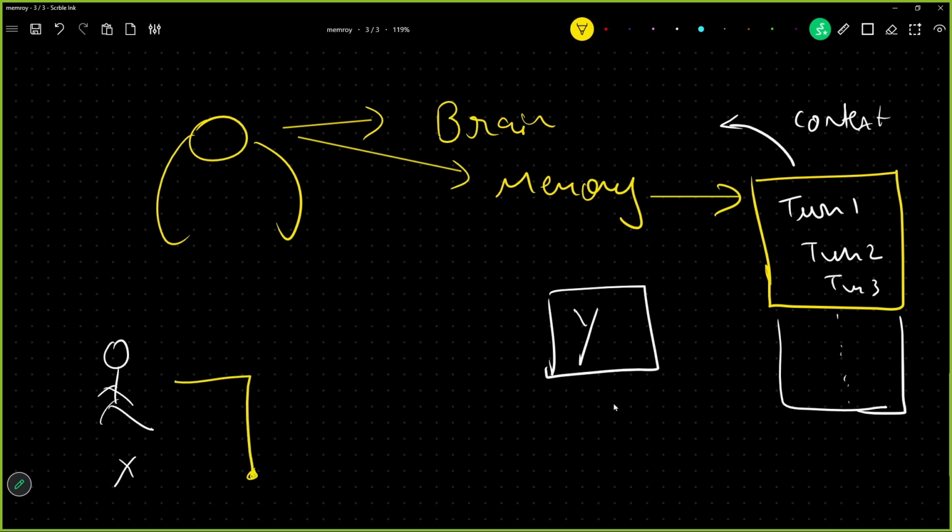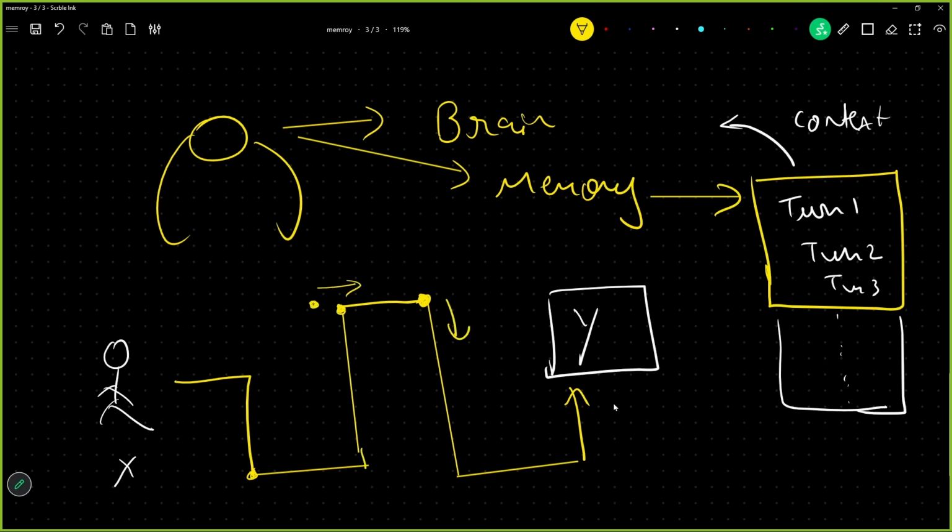First you have to turn right, then you are here, then you have to go straight up, then you have to take a turn, and then you will have to come here, and then finally you can go home, right? Now you will only be able to take a turn when you remember where exactly you want to go, or you know from where you are coming. You know that from here you are supposed to take a right turn, and from here also you are supposed to take a right turn.